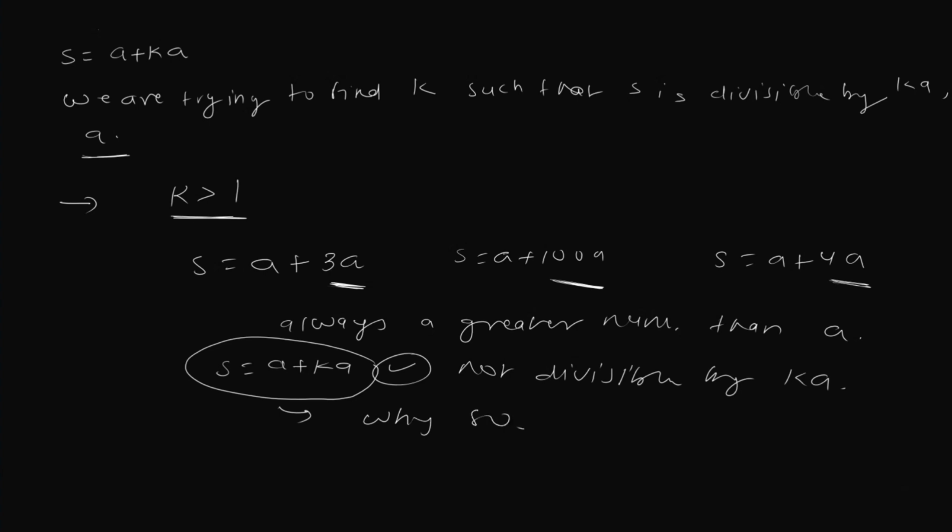Why so? I mean, when we have a value of k greater than 1, why will the sum not be divisible by ka? This is so simple. Let's say when you have two numbers and one is greater than another,